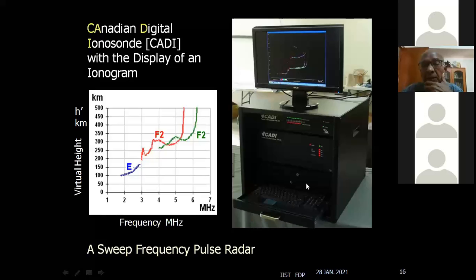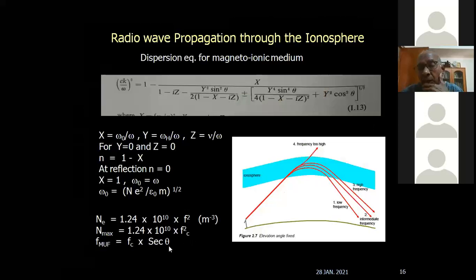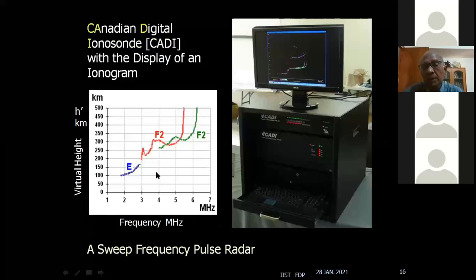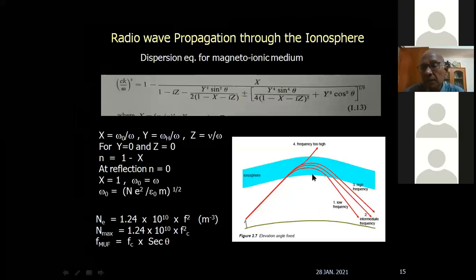So as you are increasing the frequency, for oblique frequency, this is the critical frequency, that is the vertical frequency, the escaping frequency, or the critical frequency at which the operating frequency penetrates the ionosphere. So that is the maximum frequency. So the maximum usable frequency for broadcasting a signal from transmitter to the receiver is